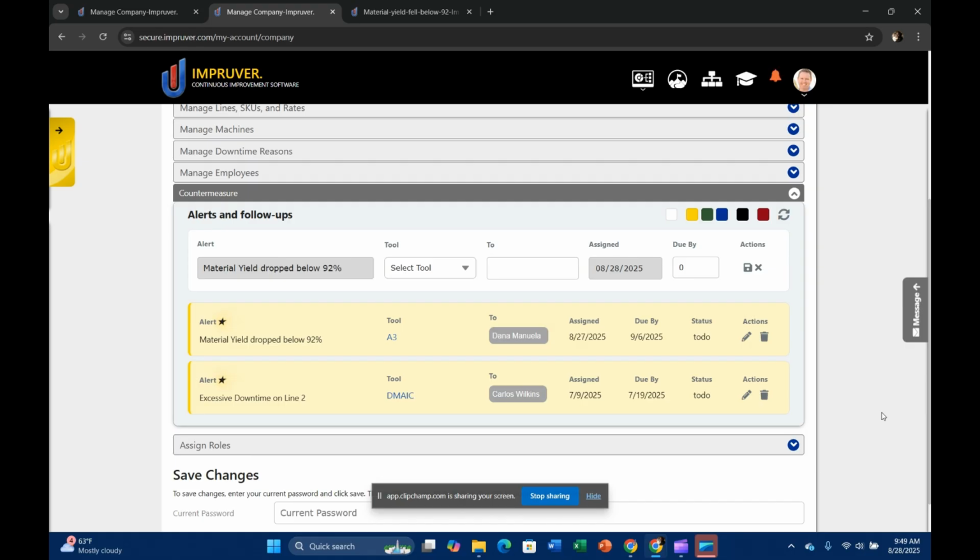From that point forward, when your material yield drops below 92%, and you can set this for downtime, you can set this for attrition, turnover, whatever metric is important to you, you can set up an alert and a countermeasure for. In this case, we use material yield. So anytime it drops below 92%, it'll automatically push an alert into Improver, in which case, the first time it comes through, you set the countermeasure, and then automatically, every time it comes through after that, it triggers that follow-up. So in this case, we're going to assign an A3